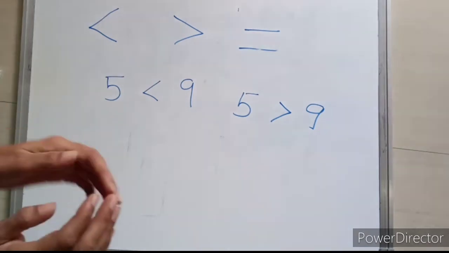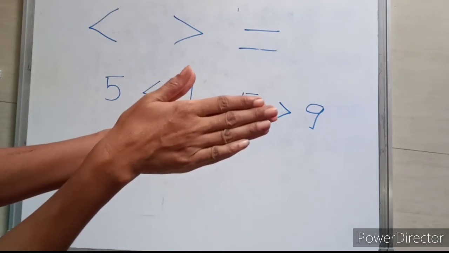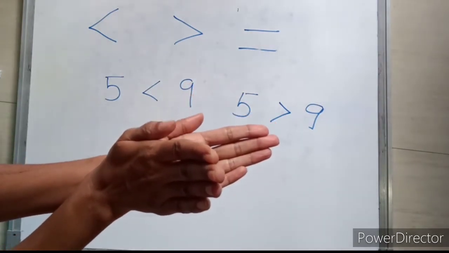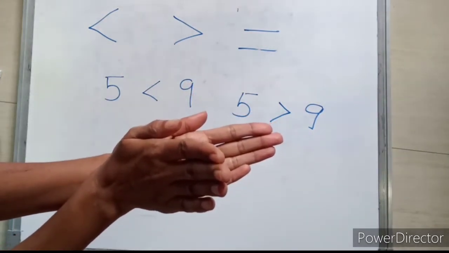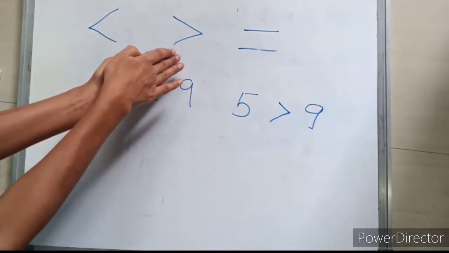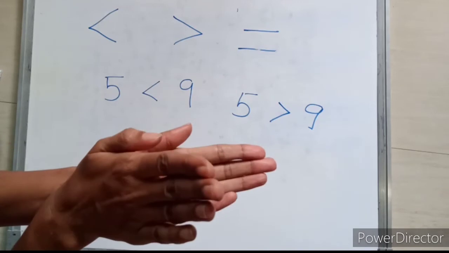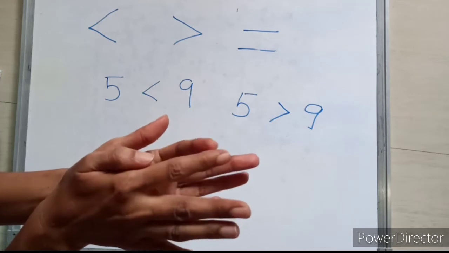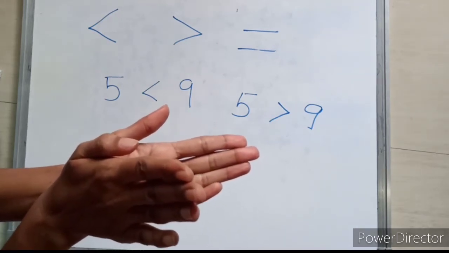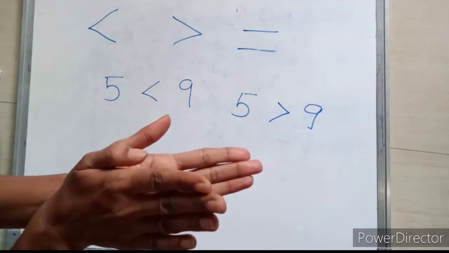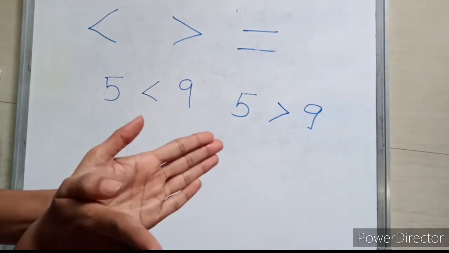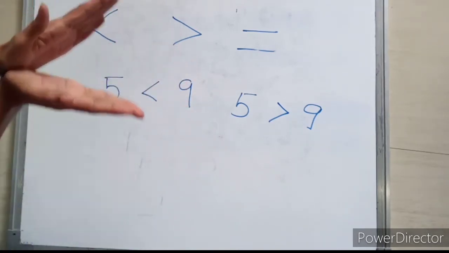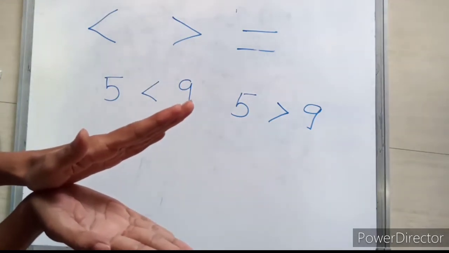See, if a crocodile opens his mouth, it looks like this. See here. Can you see any sign here? It looks like this or this also. So now see, the crocodile likes to eat more. So these 2 edges or 2 points show the bigger number. So whenever you want to use the sign, the 2 points look like this. If 2 points are there, it shows the bigger number.